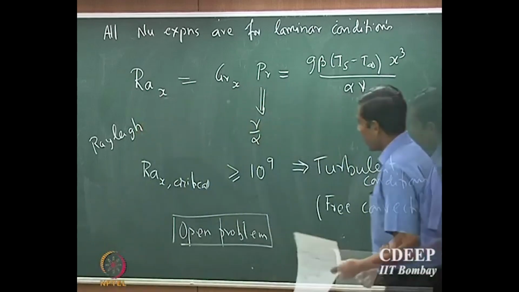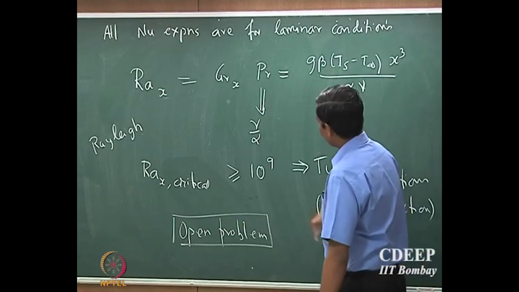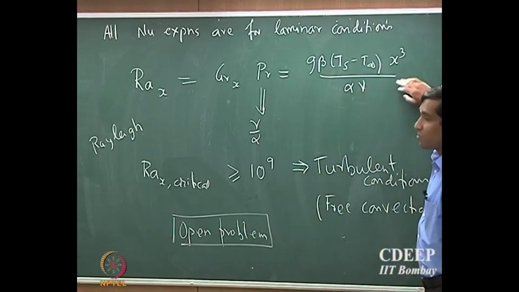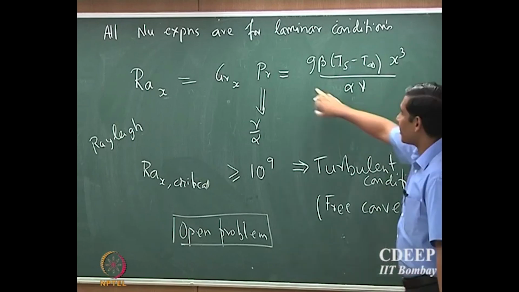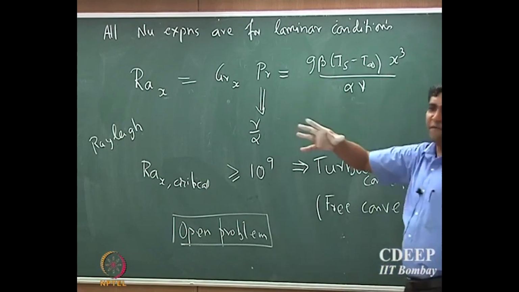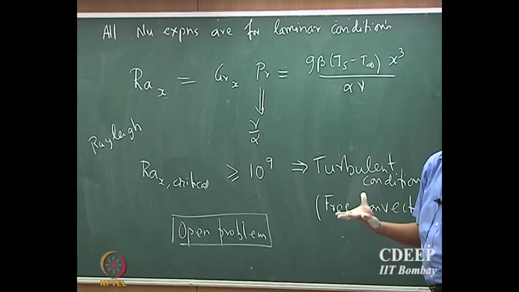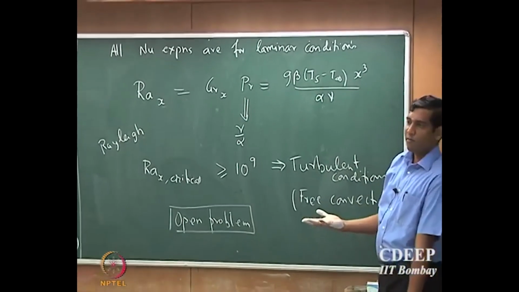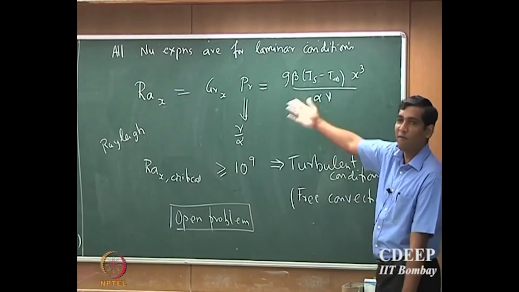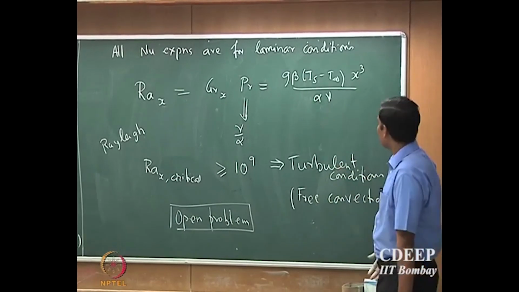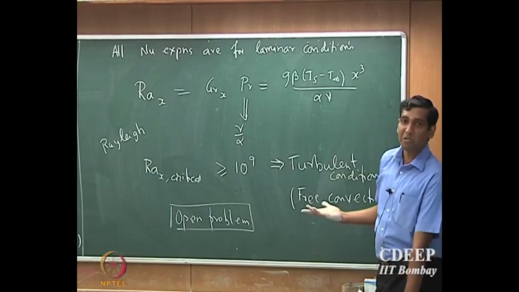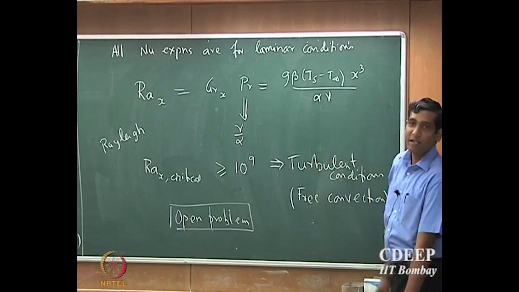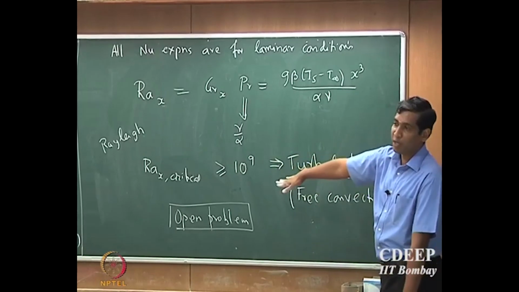It's an open problem. So, when would the Rayleigh number become very large? Look at this expression. Gravity is fixed. There is a fixed bound for the compressibility factor. The temperature gradient is also fairly fixed. It is not that you can have a significant temperature gradient. The length scale is also fairly fixed. So, it is the viscosity and diffusivity which actually tell you when the Rayleigh number is going to be significantly